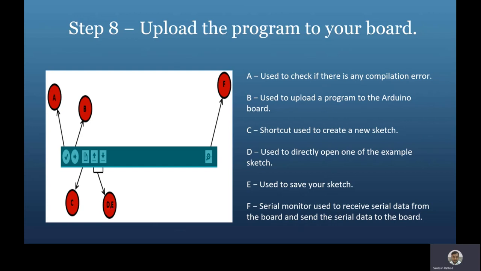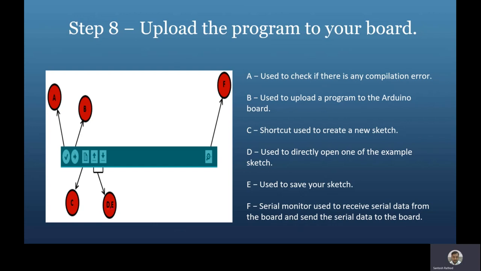Here is the detailed description of the menus on the Arduino IDE. The one specified by A is used to check if there is any compilation error. The next one is B. This is used to upload a program to the Arduino board.